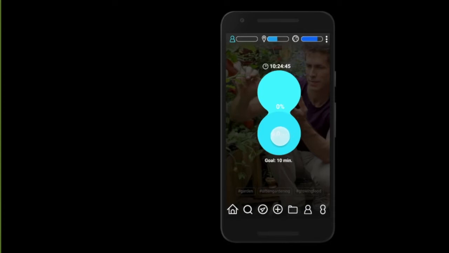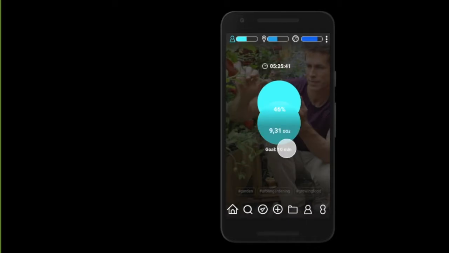Here's 0 OS, which is the amount of coins that I earned so far, and 0% is the amount of time that I studied this day. So I just opened the app and I did nothing. So I'm going to start watching the videos, doing the journeys, and gradually the two spheres are going to come closer to each other. So at this time I have already 46% of my goal achieved, and I made